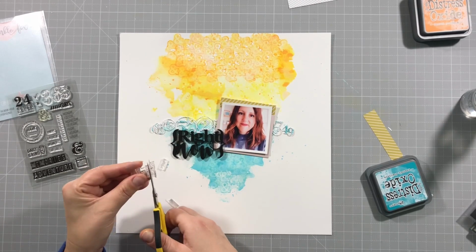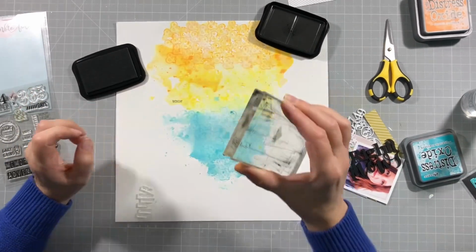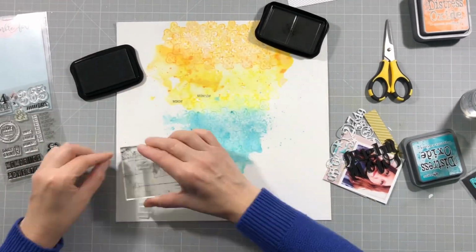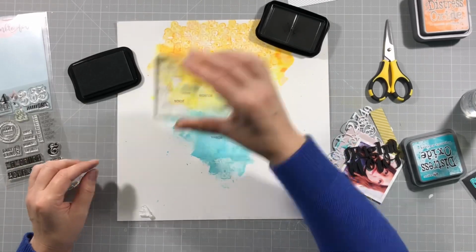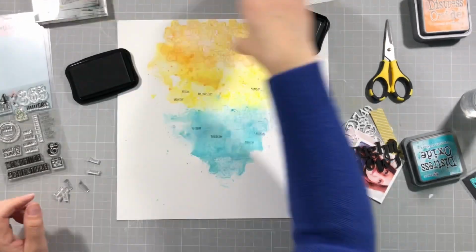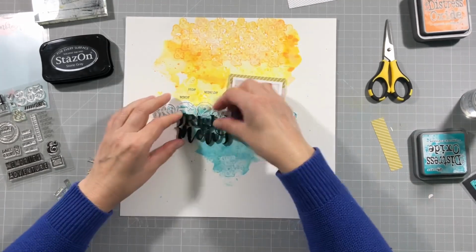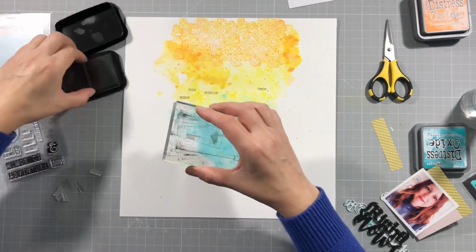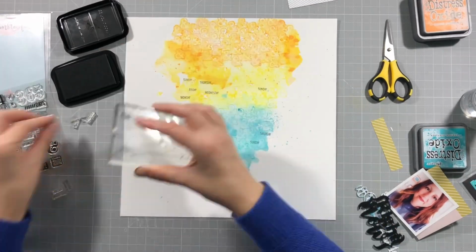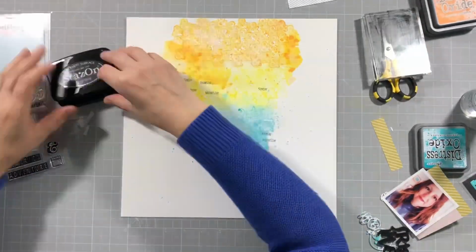So these stamps say all the days of the week, Monday through Sunday, but I wanted to stamp them individually, so I cut that piece out so that I can stamp them all individually, and I'm just going to stamp them over the page around where the photo will be. All the days of the week, just to indicate that every day of the week I'm here pretty much. I work from home anyway, so I would have been home during lockdown, but we were home during the weekends as well. So it's just showing that every day, Monday, Tuesday, Wednesday, Thursday, Friday, Saturday and Sunday, was pretty much the same. So just stamp each day of the week twice,